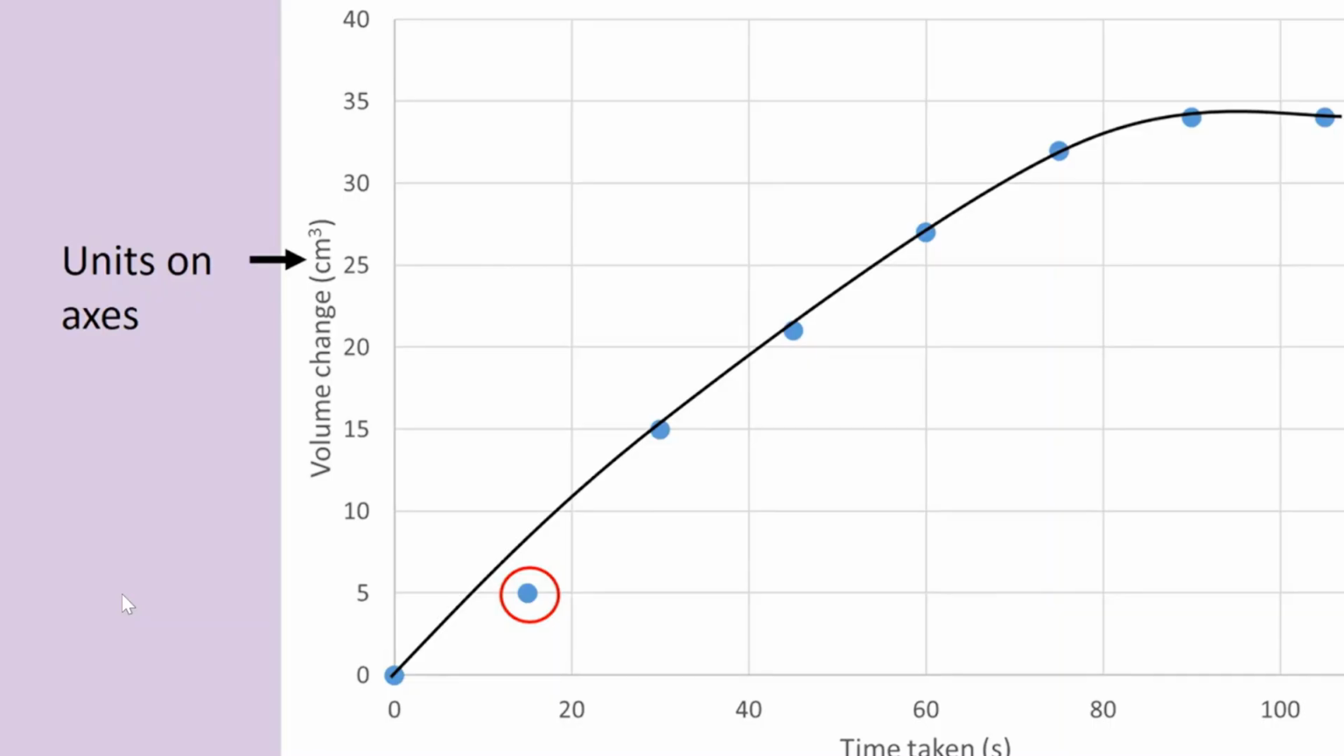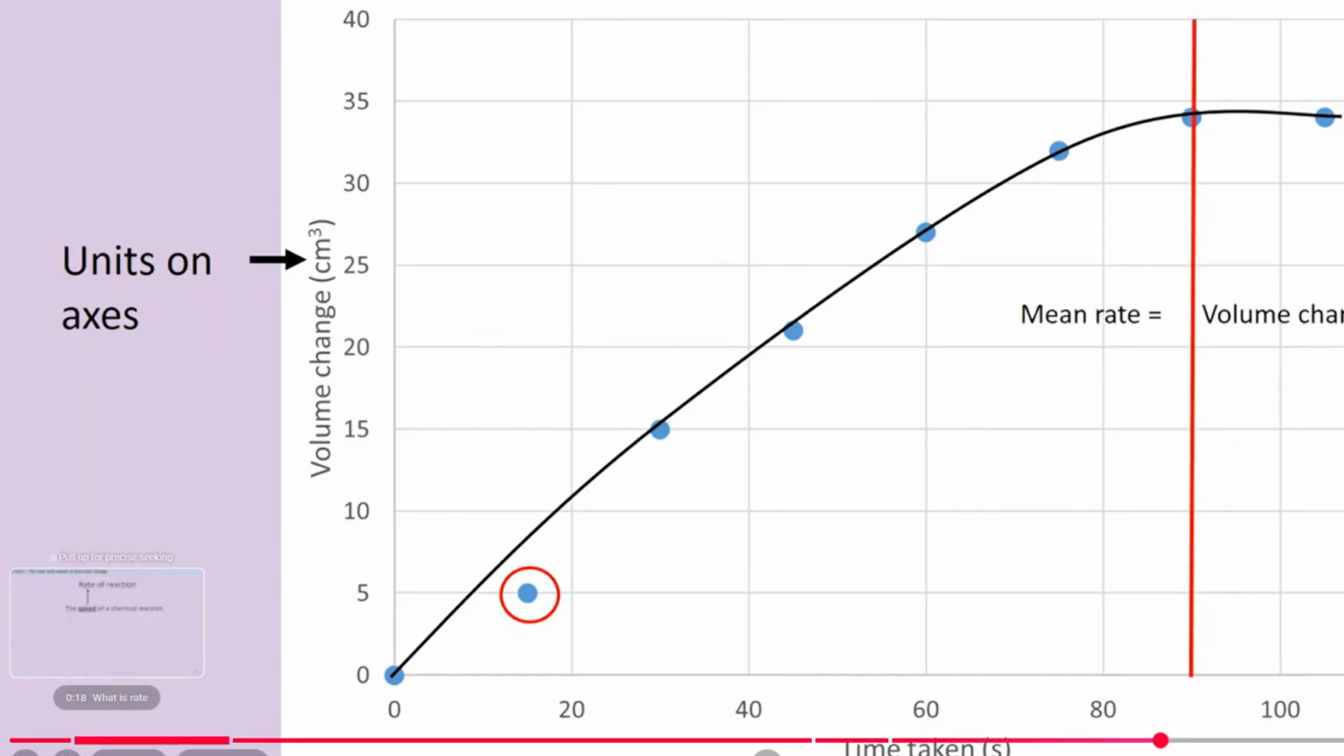You could be asked to calculate a mean or overall rate of reaction for this reaction. In doing so, it's important to identify where the reaction actually stopped. Although I took another reading after 105 seconds, actually no more gas had been produced in this time because all of the magnesium had been used up. So in calculating the rate, I want to go from where the graph becomes flat and plateaus. So to work out